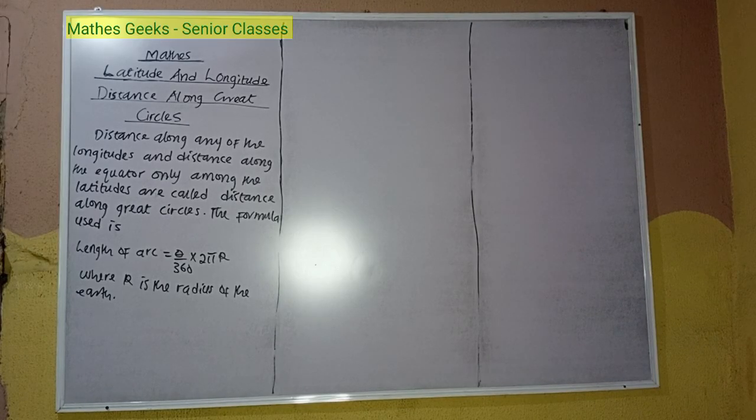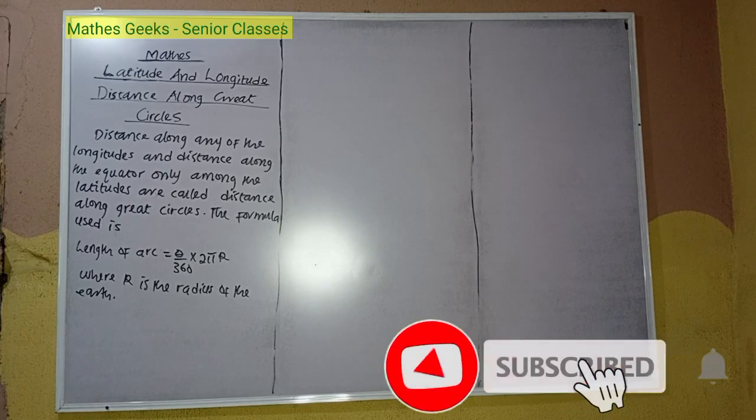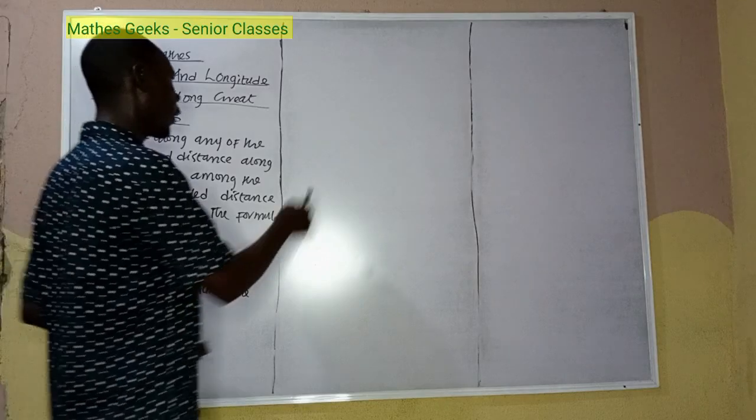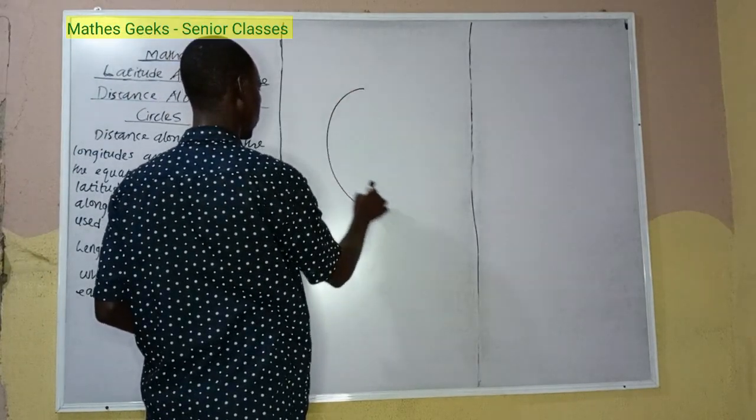Distance along great circles. Distance along any of the longitudes and distance along the equator only among the latitudes are called distance along great circles. The formula used is length of arc equals theta over 360 times 2 pi r, where r is the radius of the earth. So if this is the globe,